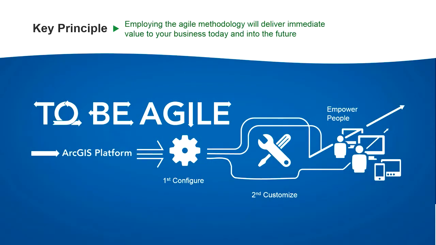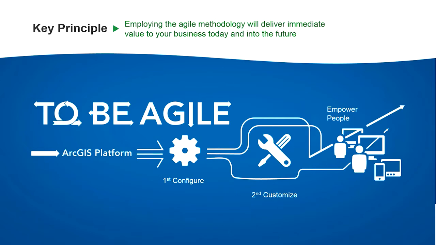Now at Esri, what we've done in order to speed up the way that location platforms can be enabled and implemented is we have this key principle of Agile Methodology. And that Agile Methodology is the ability to deliver immediate value to your organization. And sometimes that's a matter of minutes. A situation may occur that you didn't necessarily pre-plan for. So the flexibility that is now available allows you to deliver an application or a mapping product or an information product very quickly, even if it needs to be built on the fly.